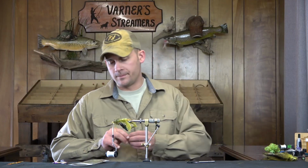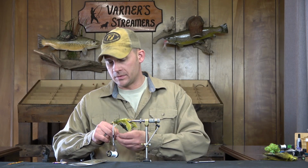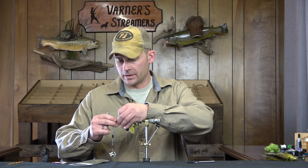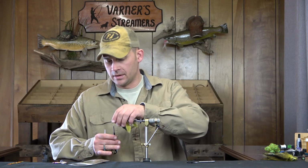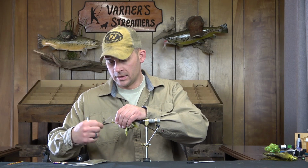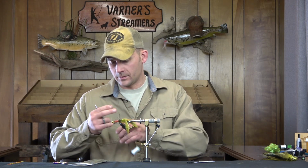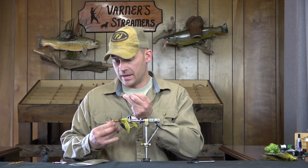I'm going to get a straw to go over top of all of this while we're doing the deer hair work. That way I'm not going to cut any Schlappen or rubber legs, anything like that, and I have a clean area to work with. I'm going to switch over to 200, give a good half hitch in there,